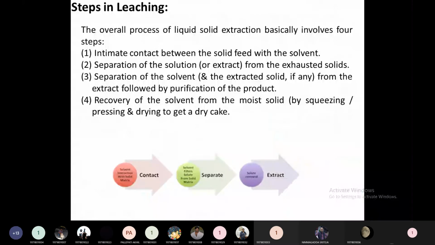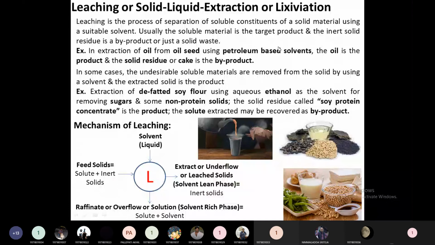One is we have to create an intimate contact between the solid feed and the solvent. Only then will mass transfer take place. To create an intimate contact, we have to use suitable equipment, like a percolation tank, heap leaching, in situ or in-place leaching, an agitated vessel, or a Hildebrand extractor, a Bollman extractor, or a Kennedy extractor.